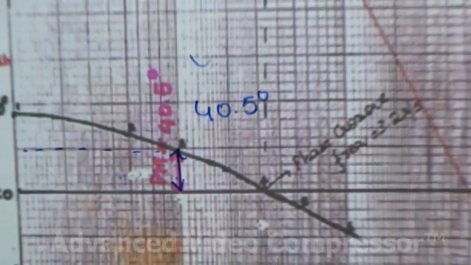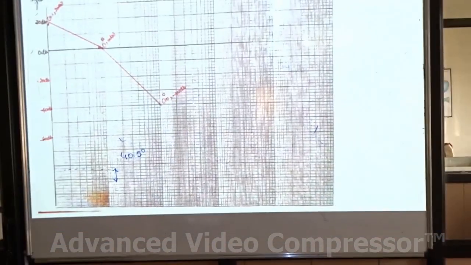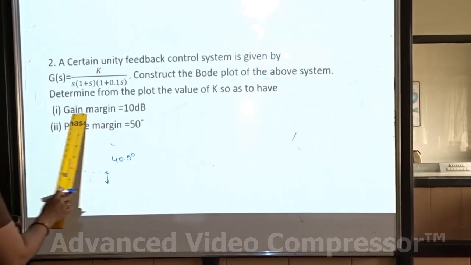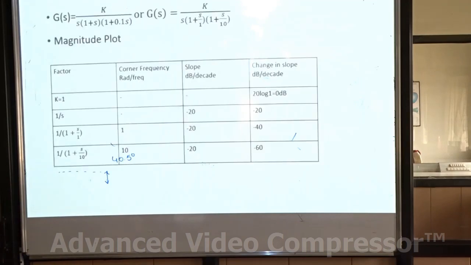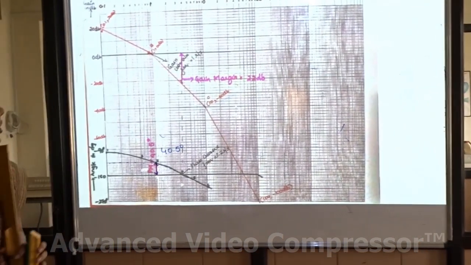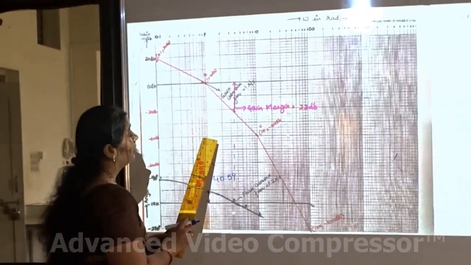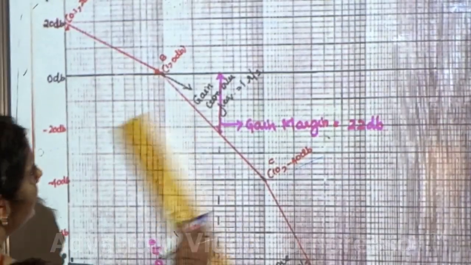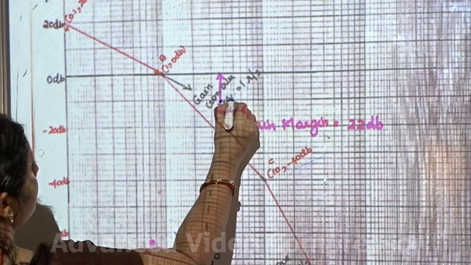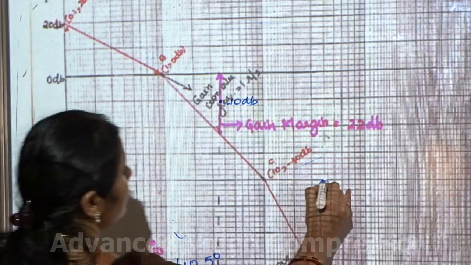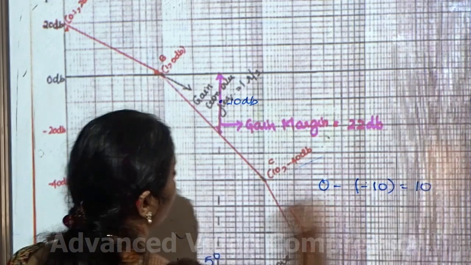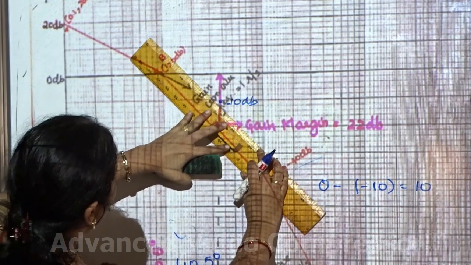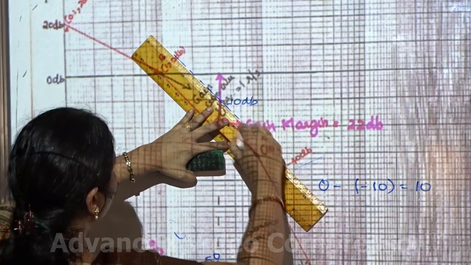What is the question asked? This is for k equal to 1, but they have asked us to find the value of k. They have asked us to find the value of k when gain margin is 10, the first case. Now the gain margin we have got is 22 dB, but we have to get a gain margin of 10. Means what should happen? If I have to get a gain margin, 10 is here. Okay, this is 10 dB. In minus 10, 0 minus of minus 10 will be a plus value. So the graph, that is this point, should be somewhere here. It should be something like this.